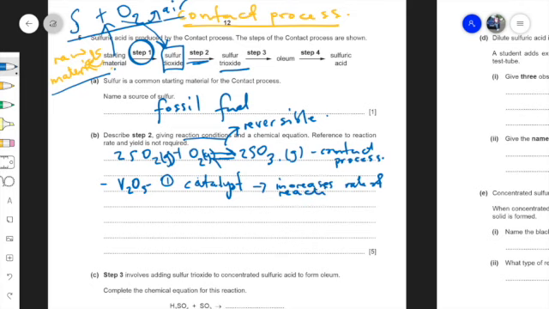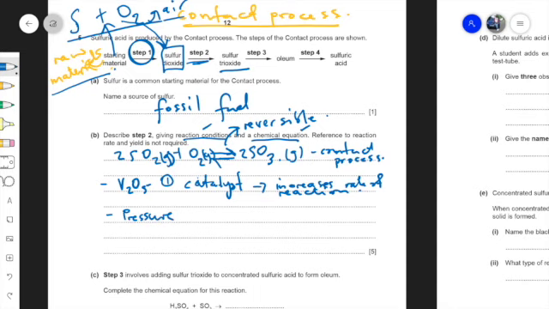So that is the function of this catalyst. So already we have done the chemical equation, and we have done at least one condition, that we need a catalyst. And the other one is that we need a pressure